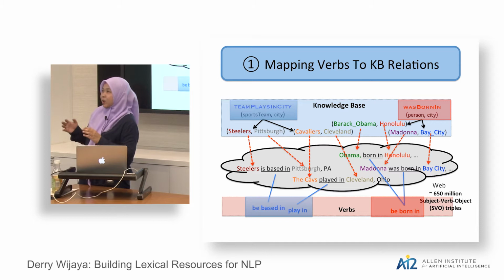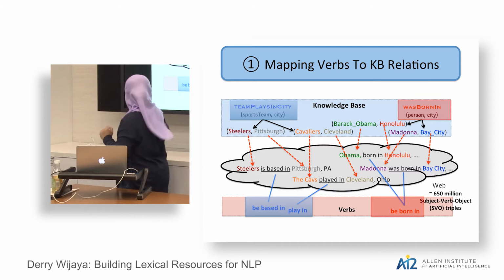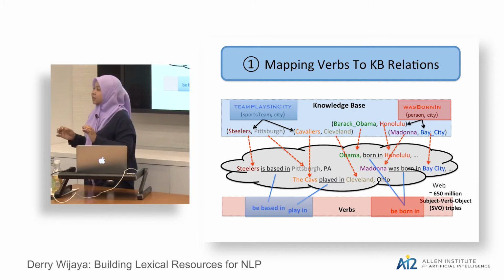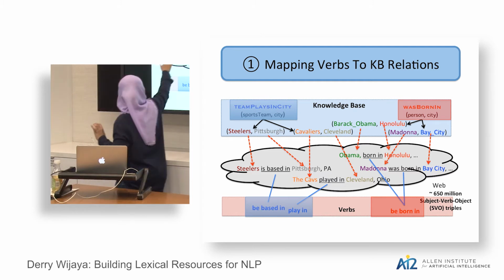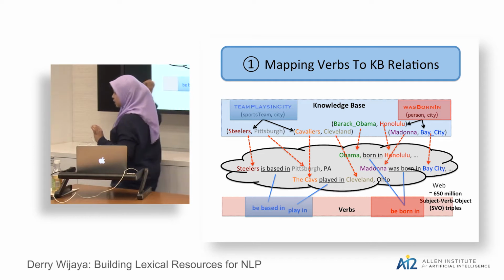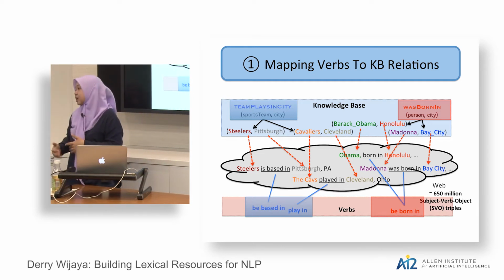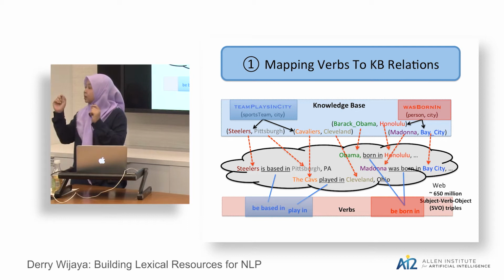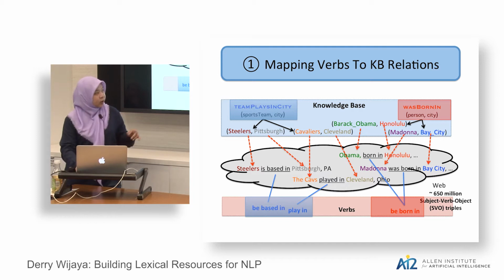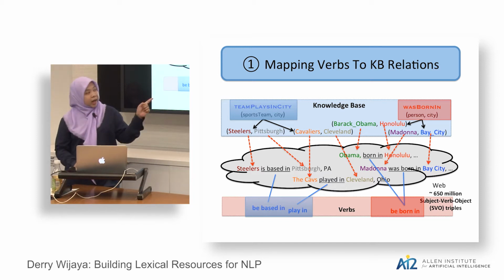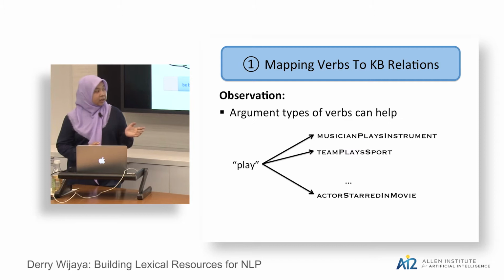Yeah, I guess what we are trying to do is exactly that, because NELL already has some entity pairs that are labeled. So we use that as the initial way to map the relations to the verbs. But we also use the unlabeled entity pairs that NELL still hasn't extracted as additional signals for learning the mapping from the relations to the verbs. Yeah. So for the web text, we extract 150 million subject-verb-object triples from the ClueWeb corpora.